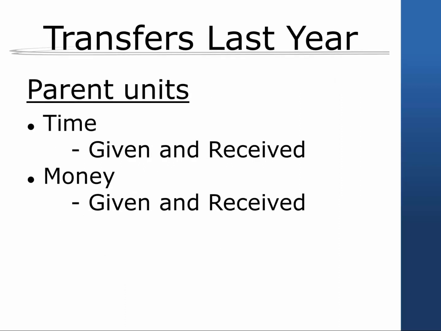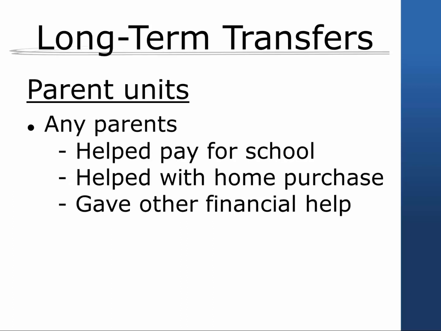The family level file includes summary information on transfers with parent units in the last year. Separate variables indicate any transfer in the last year, and if so, the amount summed across parent units, and an indicator of completeness of the amount for the following transfers with one or more parent units. Separate variables indicate any long-term transfer from parents to the head and, if relevant, the wife, since the age of 18, including help they received for schooling, purchasing a home, or other financial help.